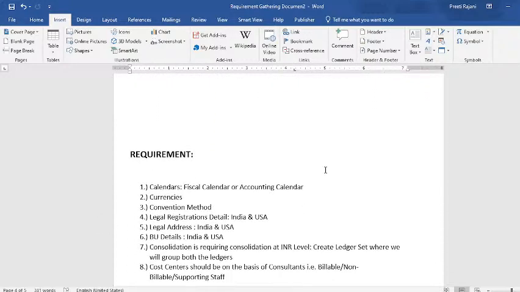Now the requirement that we need is on what basis this client needs its calendar to be maintained, and what are the currencies in which they have to deal. The convention method is nothing but the accounting method. We will require the legal registration details, their office details of India and USA. We will require the legal address, BU details,